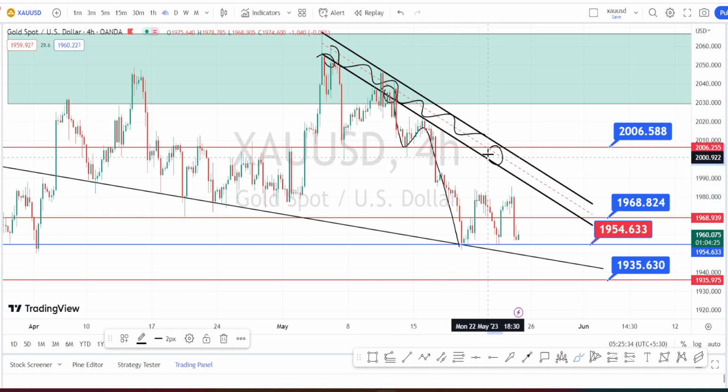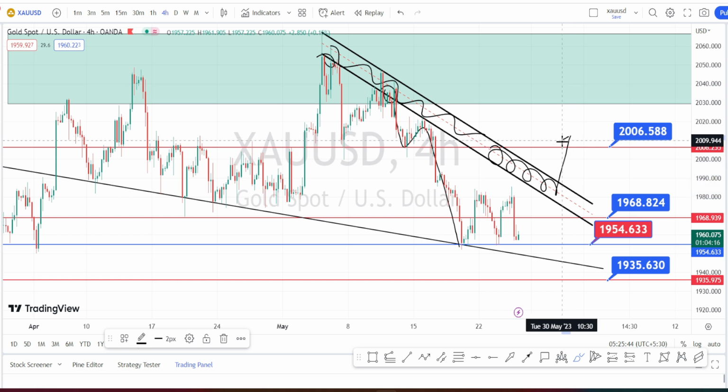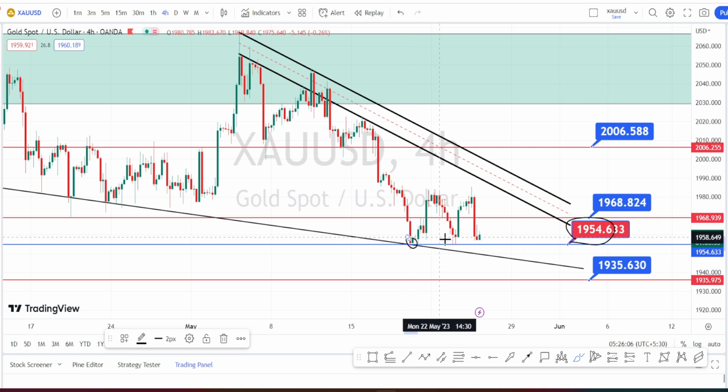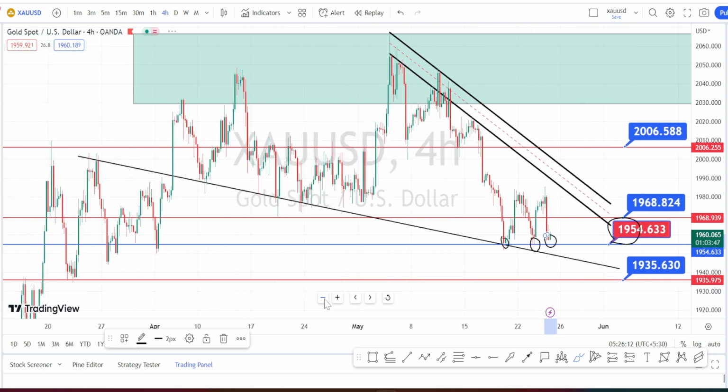This bearish channel pattern is preventing the price action from going further on the bullish side retracement. And currently we can notice that this level of 1954 is acting as a very strong support level, because when we look at the past price action, this level had acted as a very strong support and resistance. So currently the price action is trying to breach this support level,